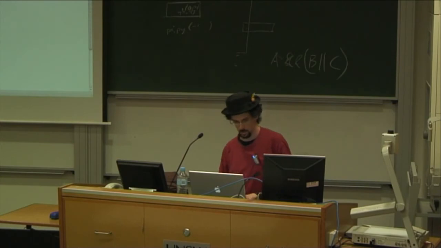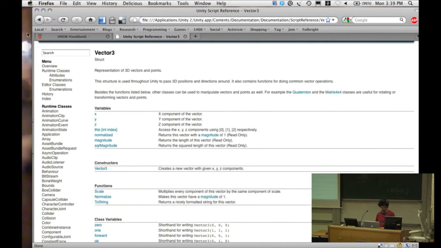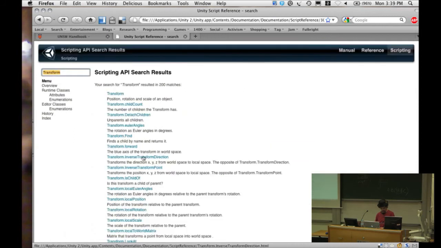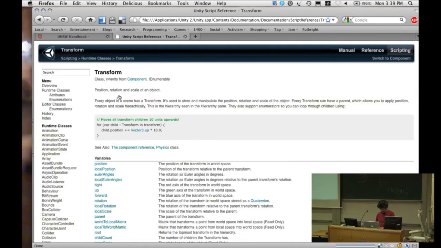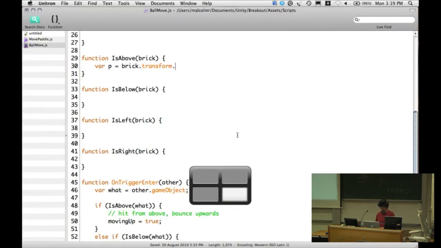If we take var p equals brick dot transform. Now I can never remember the right code for this. Let's go to transform. Transform has a method on it, transform point. Okay, so we want inverse transform point. It transforms position from world space to local space. So we say inverse